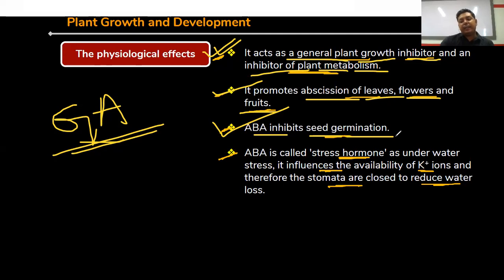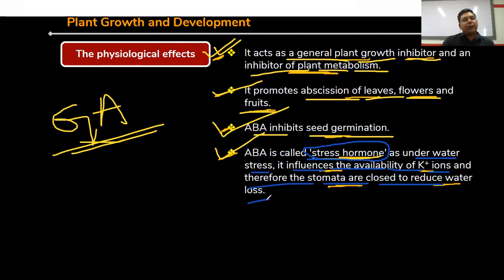But in case of ABA, it is inhibiting the seed germination. That means ABA is maintaining the seed dormancy process. Clear? ABA is called stress hormone. This is a very, very important term. ABA is called stress hormone, as under water stress, it influences the availability of potassium ions and therefore the stomatal flows to reduce the water